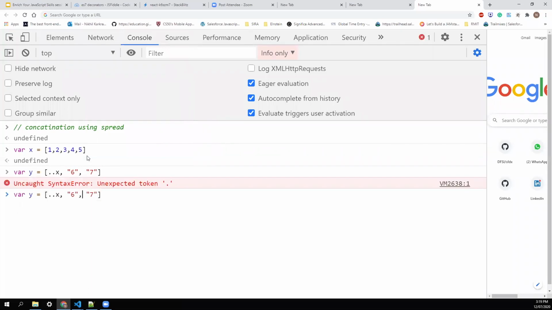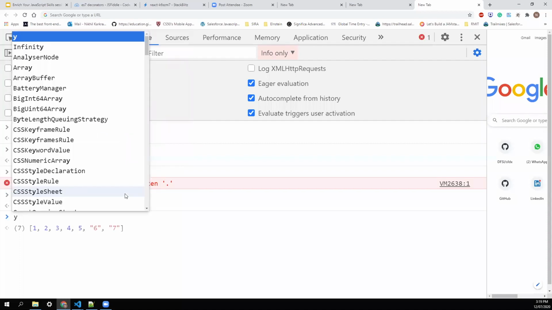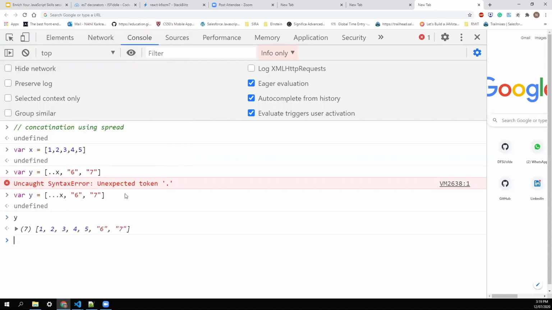Oh, I missed one dot, it should always be a triple dot. Now if I print Y, you can see it has two new values that we have added to the array, and our X remains the same, so it's not mutating the data.